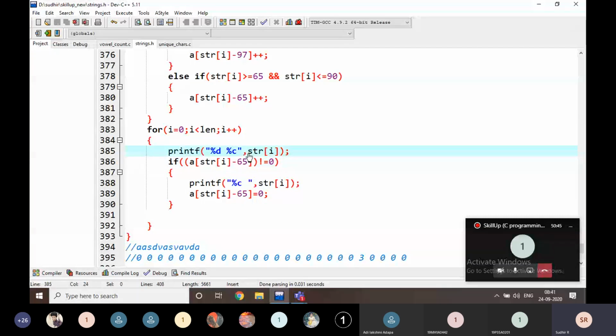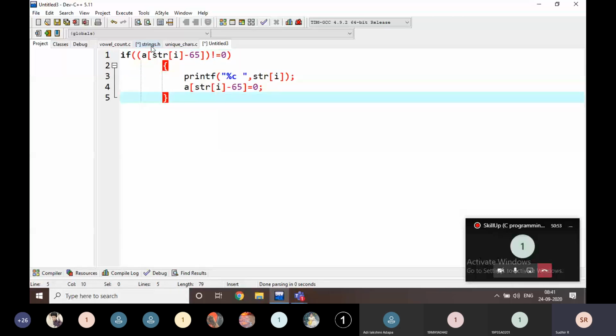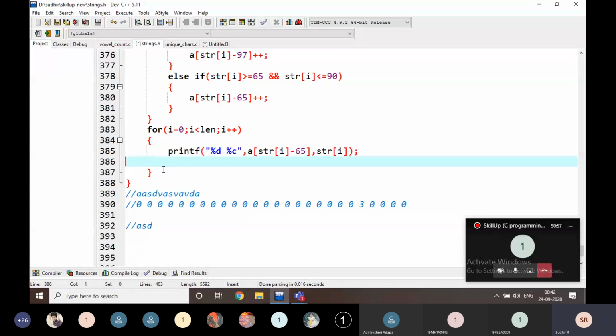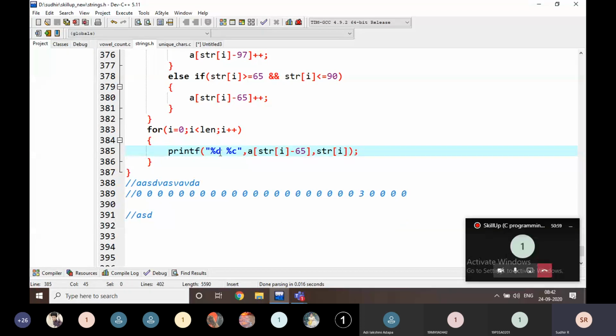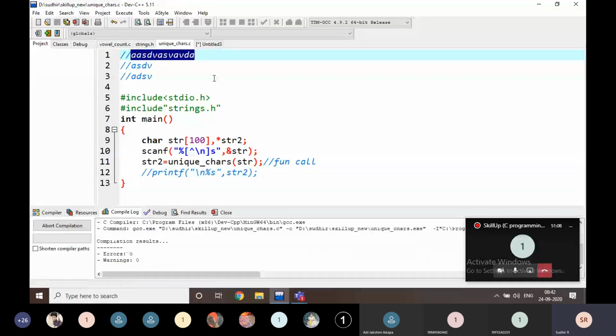First of all, something is missing here. I will show you how it is working. I'm going to print what that character is and what the character count is. Then it will be clear for you, and for me also.